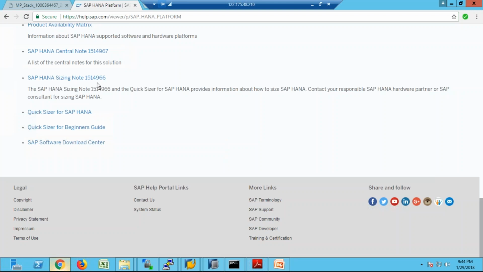This one, 1514966, is the sizing note you need to refer to generally, and from there will be links to a lot of other notes depending on the deployment, maybe ERP, S/4, whatever it is. There they'll provide you a lot of very useful information, and they've also given a link to QuickSizer for SAP HANA,